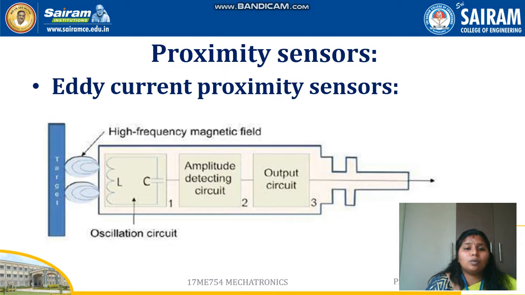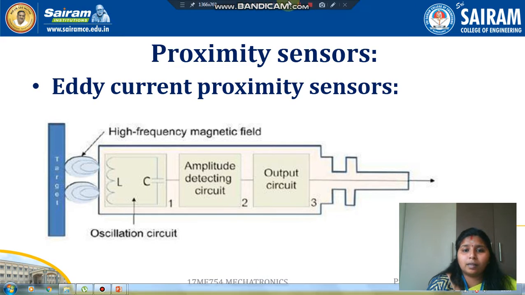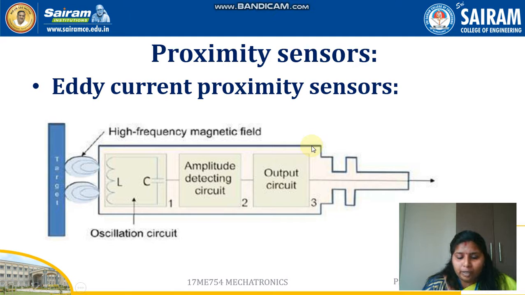The next one is about the proximity sensor, in which we will be seeing the eddy current proximity sensor. Proximity sensors are used to detect the presence of an object without any physical contact with the object. They are solid state electronic devices, normally of the eddy current type or inductive capacitive type. A proximity sensor tells the central system whether an object is moving at a certain place or not. It is mostly of a non-contact type.